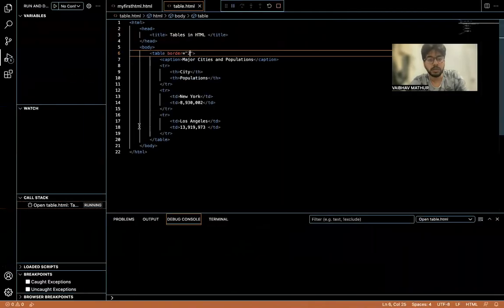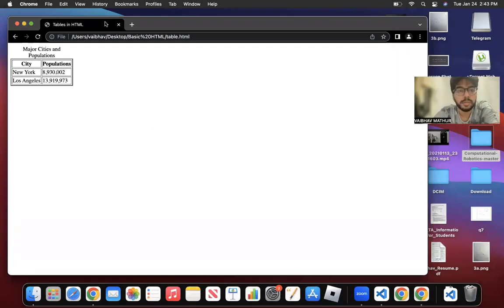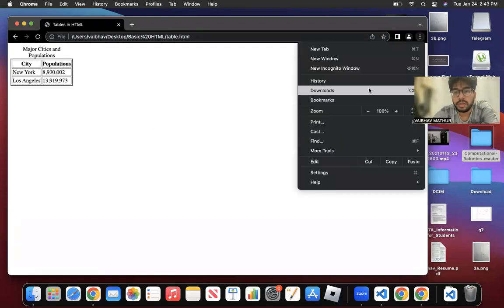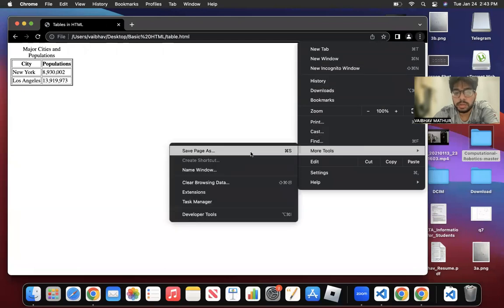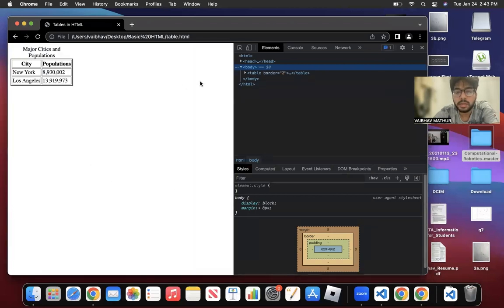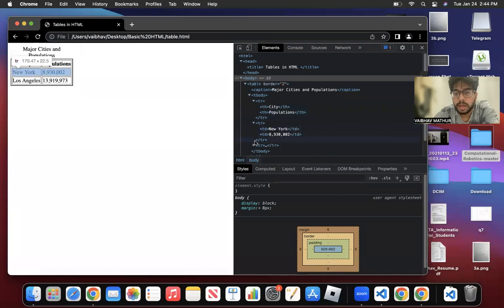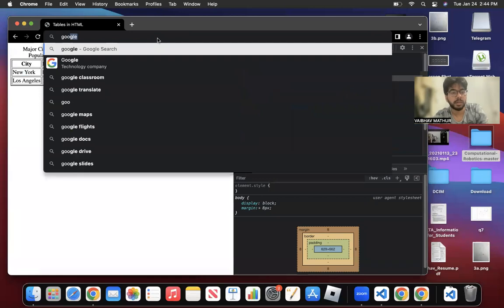So for troubleshooting, if you have some error, on Chrome, try going to more tools and then developer tools. And here you'll see what the code of a web page is. And this is not just limited to your web page, but you can see the title is here, then you can see the table. So whatever you had in your file, you can view it on your browser. And this is not only limited to your web page, you can check out any web page. So let's say,